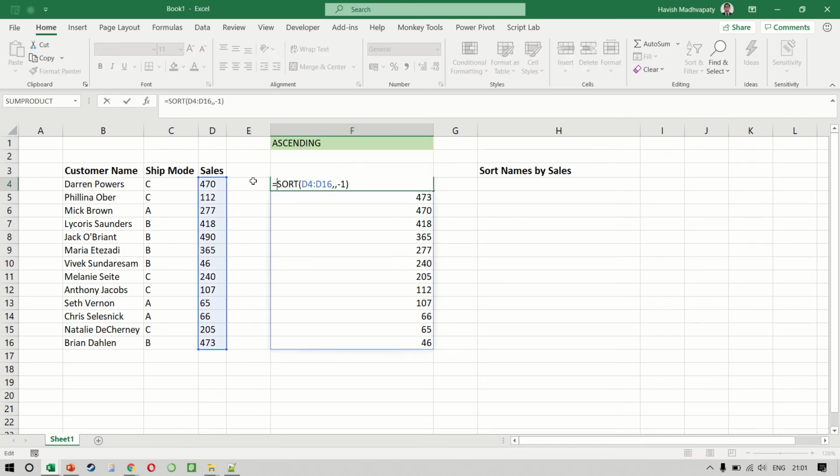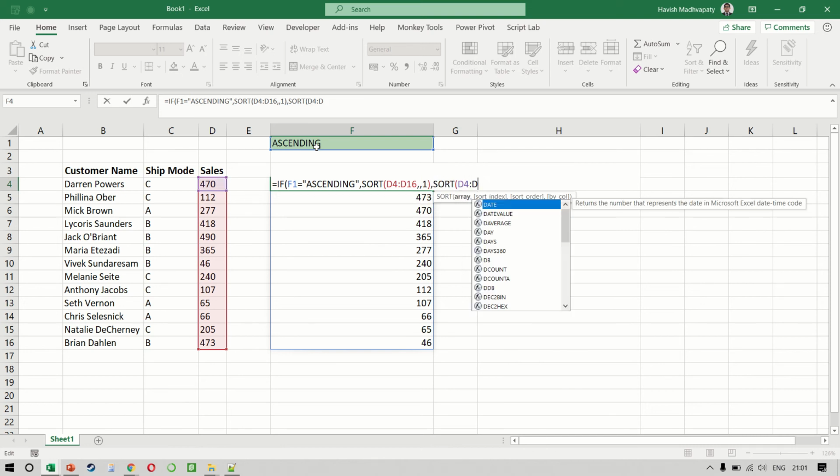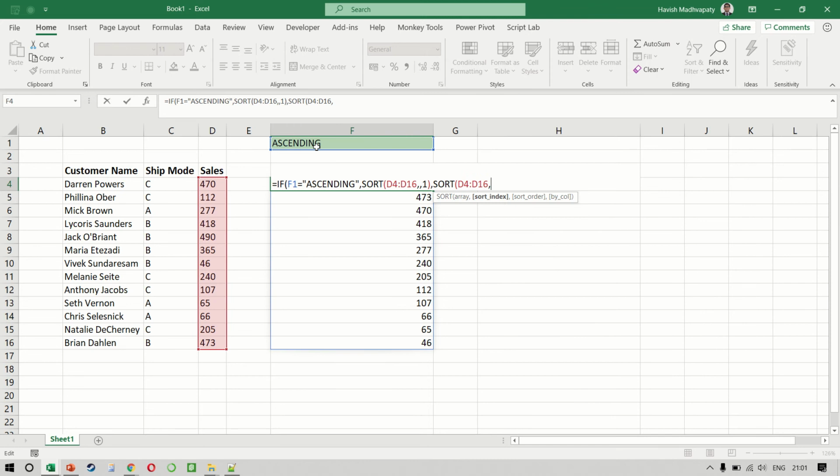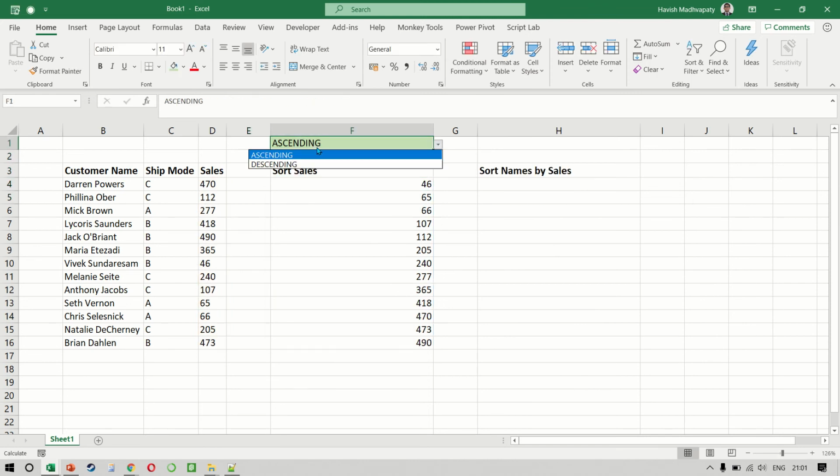So we can say if the value chosen by the user, which is F1, is equal to ascending, then I want to sort as per 1. Otherwise, I want to sort D4:D16 as per -1. So if you notice, if the user chooses descending or ascending, the sort order will change automatically.